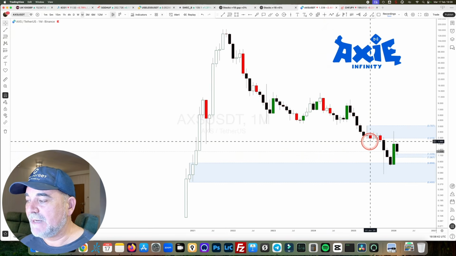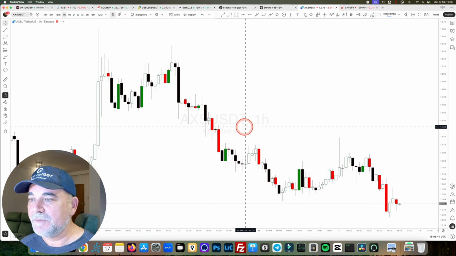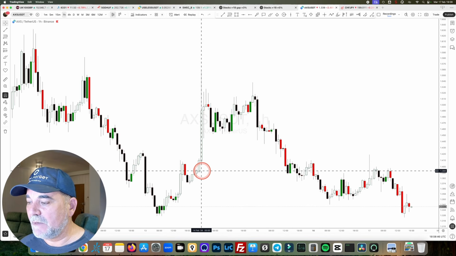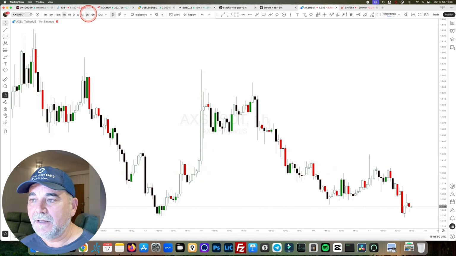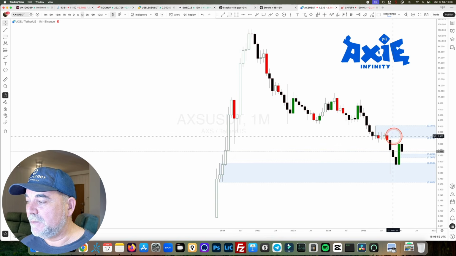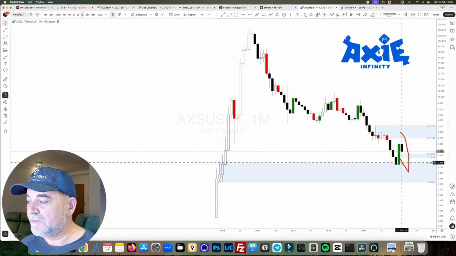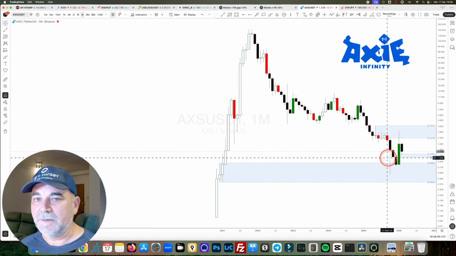So you won't have time to look at the smaller time frames on Axie Infinity on the 1 hour to drive yourself crazy. Okay, you just set the trade here and the monthly supply level at the top. Forget about it, and when price drops down there, you will probably have tripled your investment. Bye-bye. Next one, next one, next one, and that's what you should do.